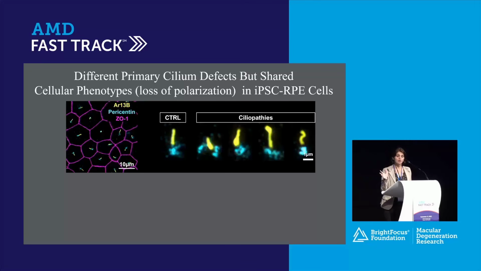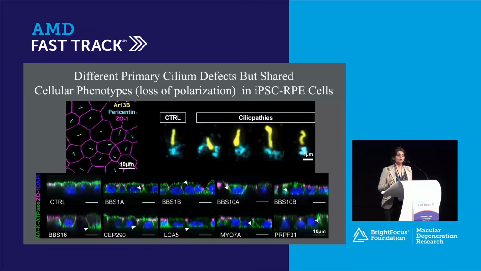They had very weird and crooked primary cilia, and then we were like, okay, let's see how the iPSC-RPE cells are. So we used this marker, sodium potassium ATPase. I think most of you would know this. In healthy control iPS-RPE cells or native tissue, this marker is expressed on the apical side. And when we checked this marker in patient cells, we saw that it was mislocalized either to the lateral side or basolateral side. So we saw that this mislocalization might be indicating a loss of polarization in these cells.